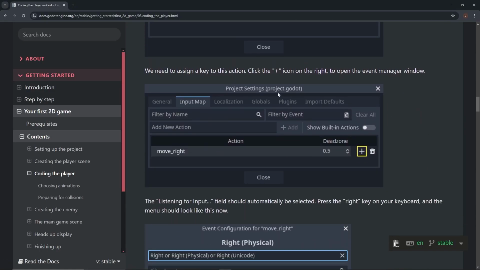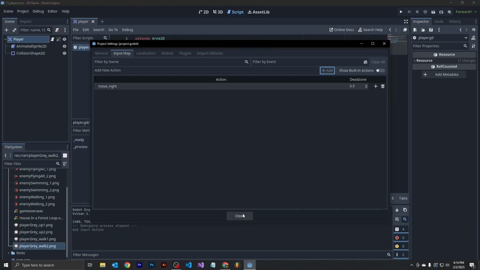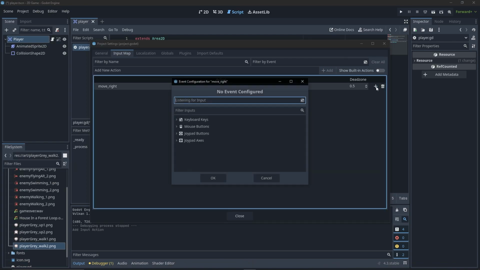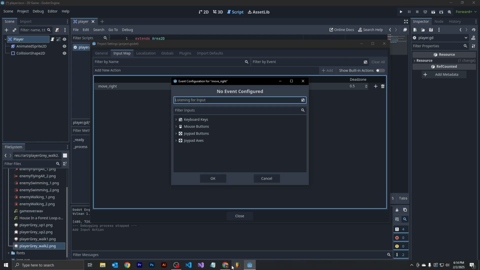So we need to assign a key to this action. We'll click the plus sign on the right, this one right here, to open the event manager window. So where it says dead zone and there's a plus next to the move right, that's where we're going to do this. So we'll come over here. We have the move right. We've got the dead zone. We've got the plus, and there's that. So now that we're here,